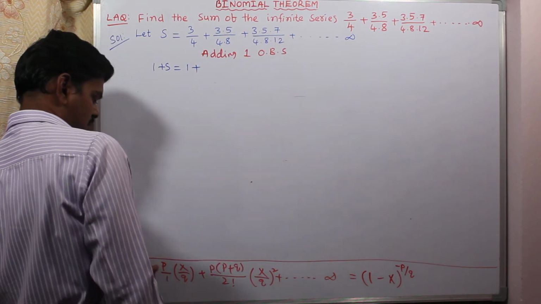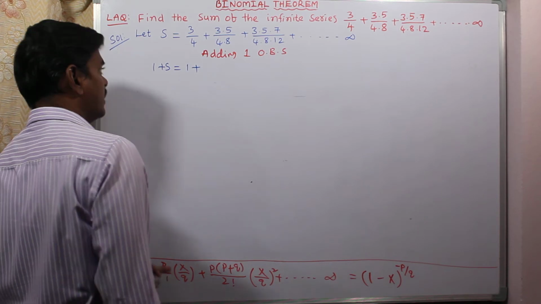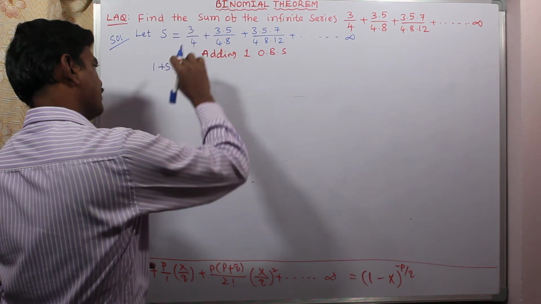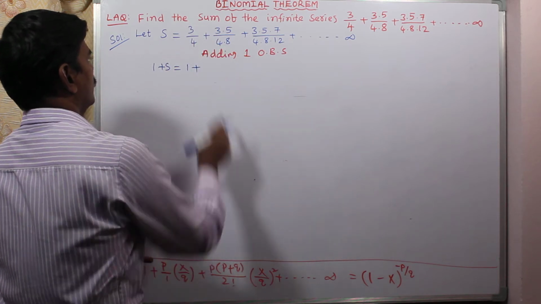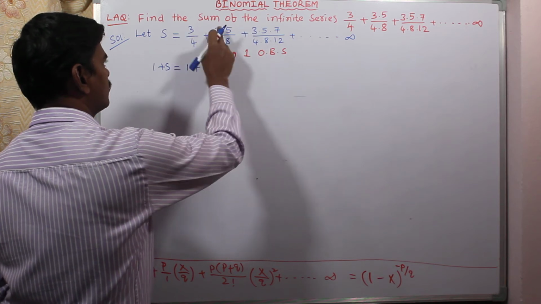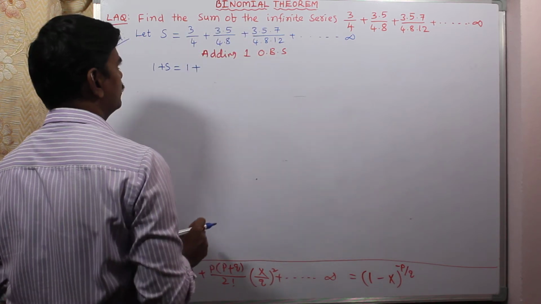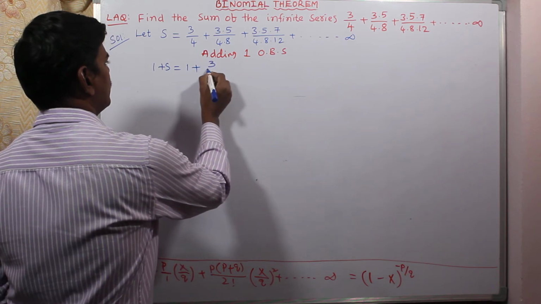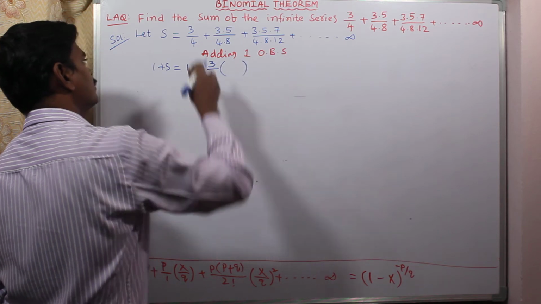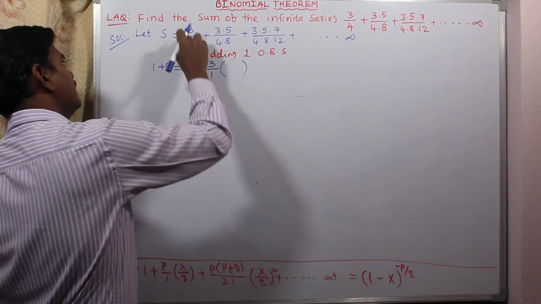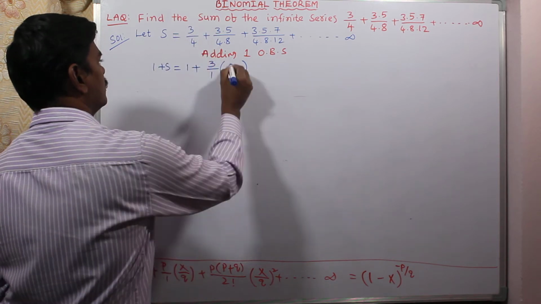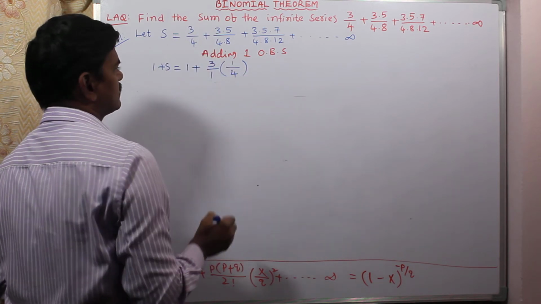In the formula my second term is p by 1 into x by q. So here I have to convert 3 by 4 as p by 1 into x by q. How? If I observe, each numerator begins with 3, so that would be the p value. So p value 3 by 1, that is 3 by 1 into x by q. So 3 by 1 if I write, still I have 1 by 4 in this term, so I need to keep 1 by 4 aside.